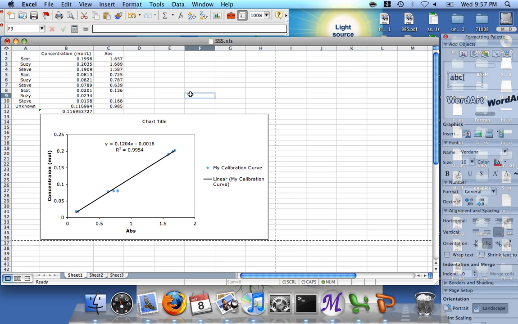So I might have mentioned, no, I didn't mention, these numbers are not all the same, right? Because here we have 0.1998, 0.2035, and 0.1909. Well, they're not all the same because Scott, Susie, and Steve, they each made their own standards, their own stock solutions. So the concentrations are going to be slightly different. So I'm not going to explain how to do that here, but if you want to figure out how I got these numbers, or how you would find these numbers for your calibration curve, you can just